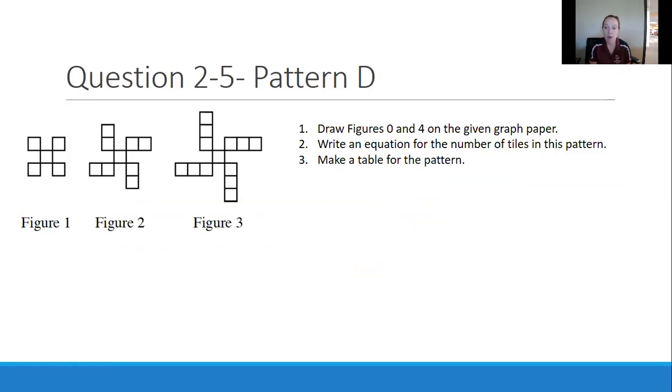Draw those out, write an equation for those tile patterns, and then make a table. See if you can make a table like we did for part C. Again, this one is on your own. We will be checking pattern B and pattern D in class together. So make sure you have this done before your next in-class day. Thanks for joining me, Algebra 1, and we will be seeing you